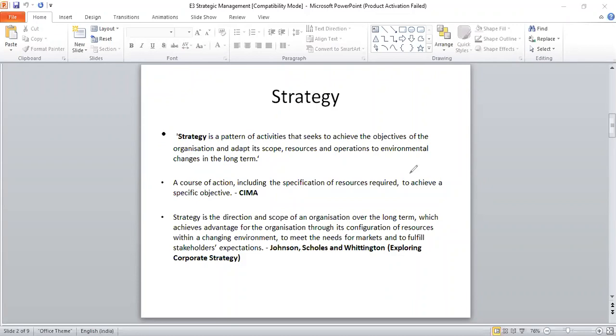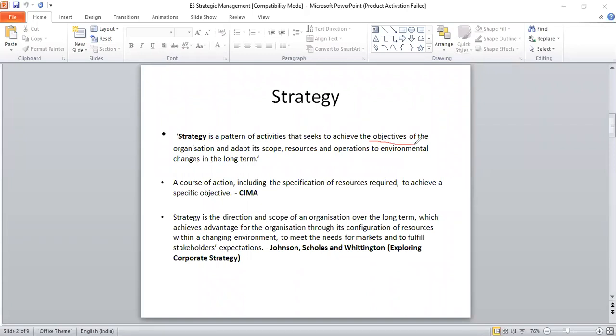Okay. So the very basic purpose of the organization being set up has to be defined. What is it that the organization wants to achieve? How does it want to achieve it? That is also important. What is the way in which the objectives would be achieved? All that is described in a strategy. So they are stated in a strategy. It talks about the pattern in which the objectives of the organization would be achieved, how to achieve those objectives.